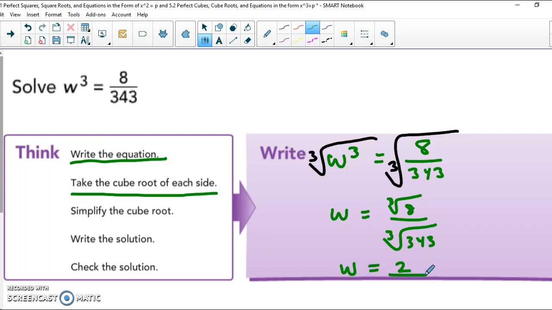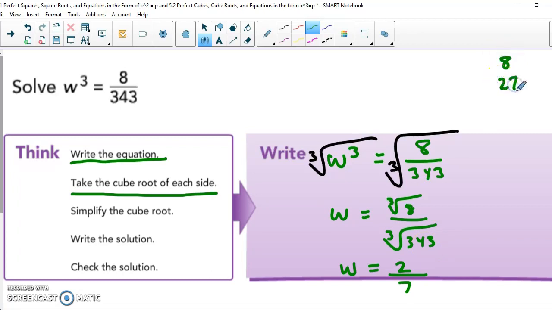So the cube root of 8 is 2, and the cube root of 343 is 7. So if you're like me, you might be looking at the number 343 and thinking, okay, I have no idea what the cube root is, nor do I have any idea how to find this. So I would just start thinking about the cube roots that I know. We said that 2 cubed is 8,